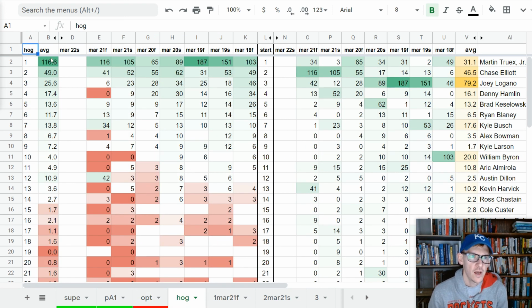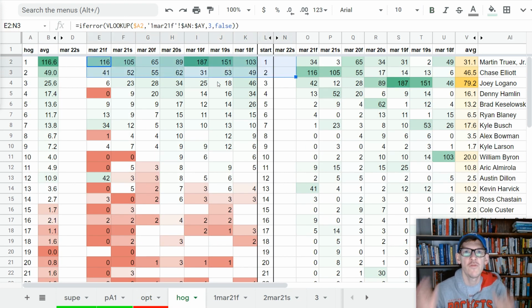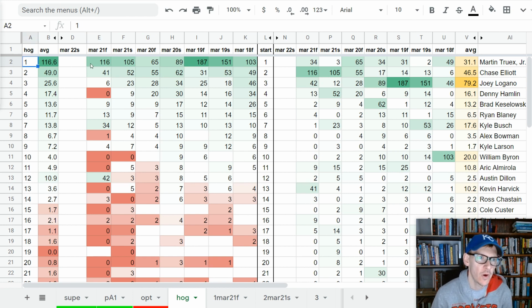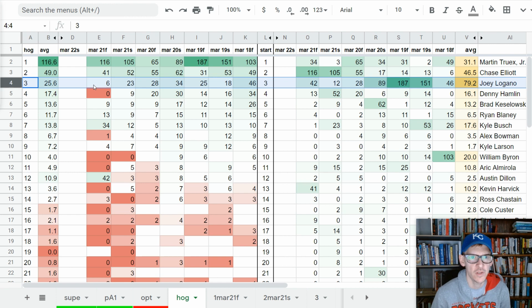Hog points. So we got all the hog points, which are fast laps and laps led. Not going to do it. Not going to get that. So last year in the fall race, the driver who scored the most scored 116. The driver who scored the second most scored 41. The driver who scored the third most hog points,